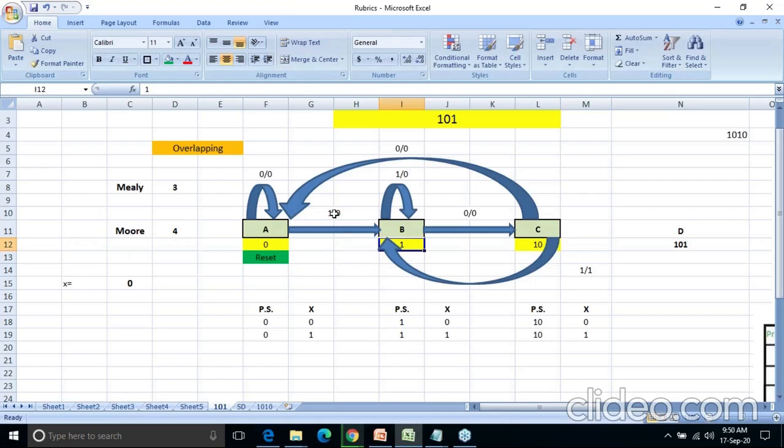Okay, and that's why on the arrow what you need to write? Input by output. As output is still not detected, because 101 is the full sequence, and only after detecting 101 will I get output as a 1. So I have detected a partial sequence, 1 is only part of the sequence, and that's why I have written 1 by 0. Is it clear? Just put your comment. This is the only logic you need to apply every time. Now I have completed this first part where I have considered input both ways, 1 and 0.